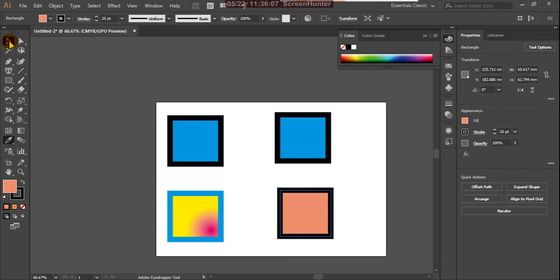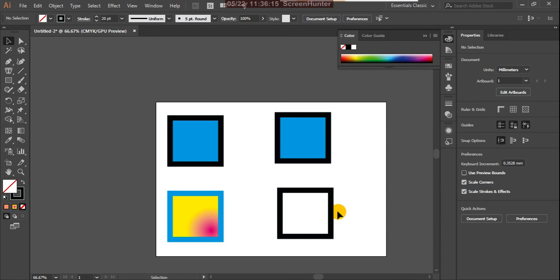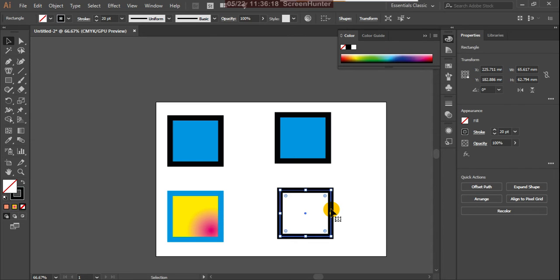Now what I'll do, select this, and by pressing Alt, first press I to get the eyedropper tool. Now press Alt and check this color. See, this is copied to that side, copied to that side, and Control Z. Now you can select this color, select this box.